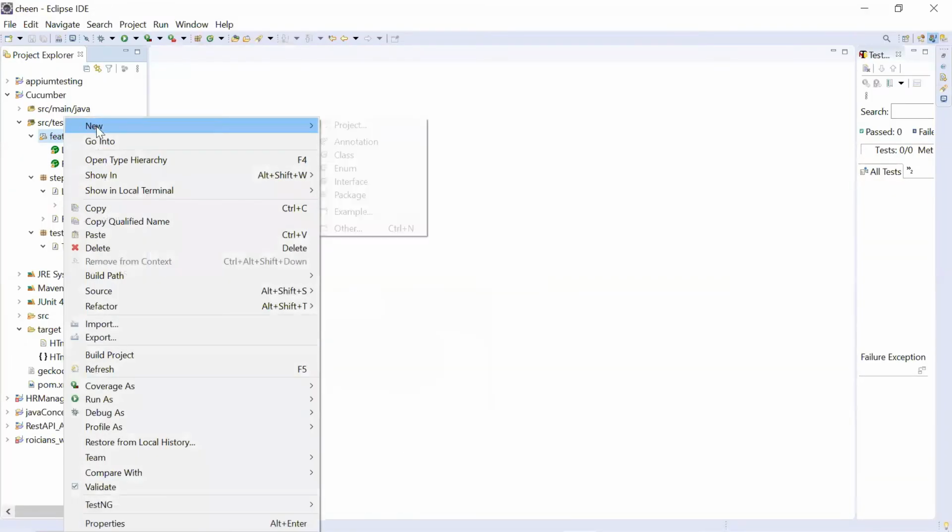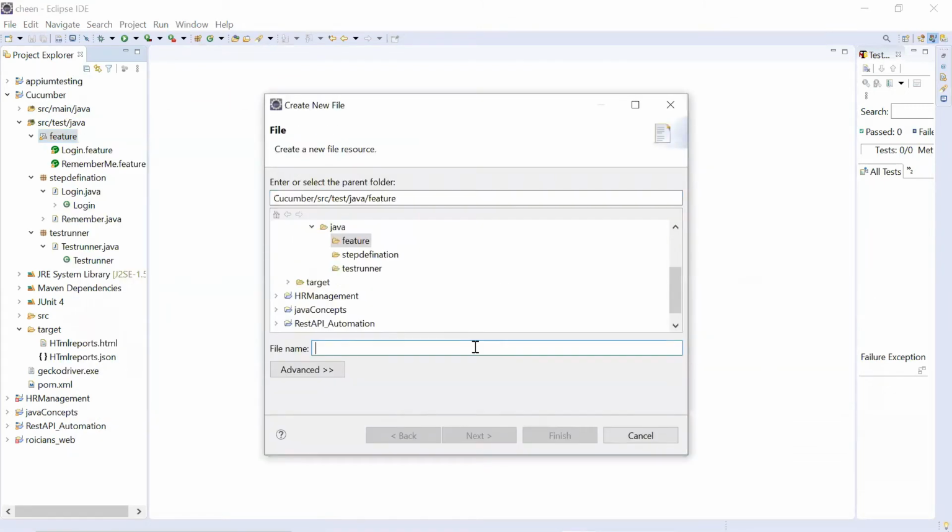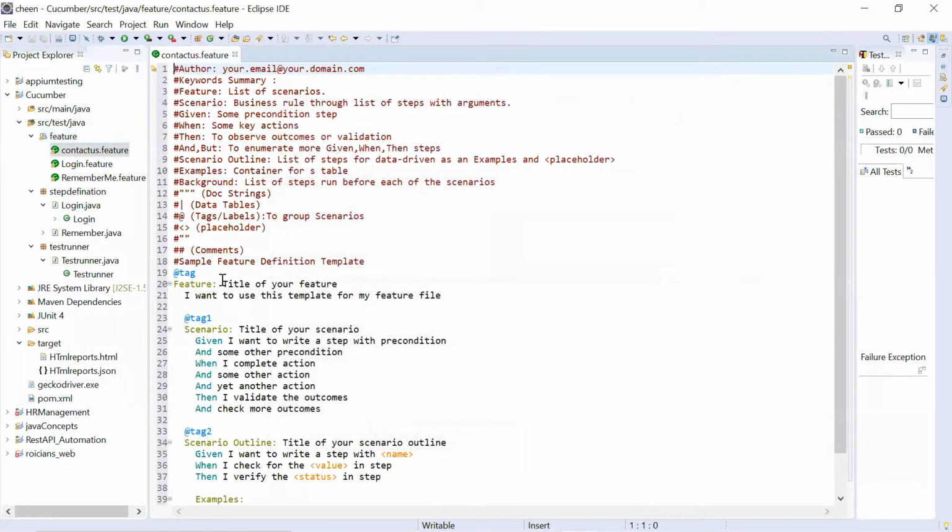I'm going to create a new feature file. So you'll go to the package feature, right click on it, new, and create file. Let's say next. I'm naming it as contact us dot feature. And this is the template I got. So my feature is contact us page. And here, title is testing